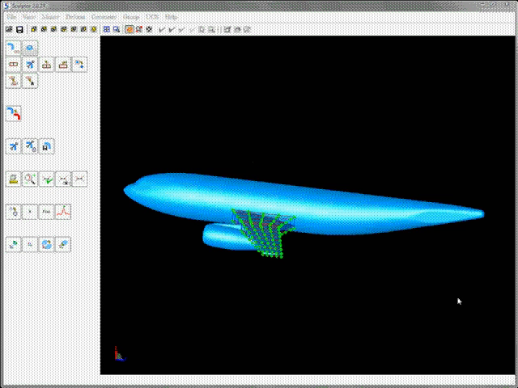As you can see, we have a simple airplane model here with a previously created ASD volume around the wing. We will be deforming the wing to maximize the lift and decrease the drag. With an external flow